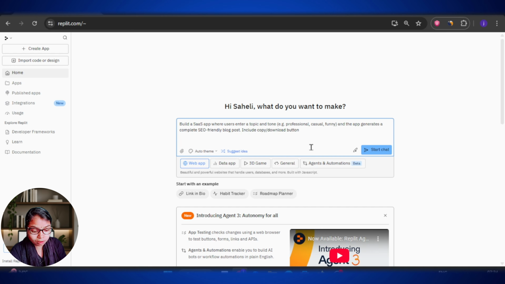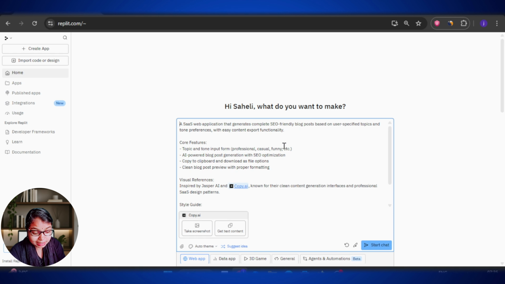Now, one really cool thing about Replit Agent is that you can attach reference links or examples to make your prompt more specific. So, if you have an existing website or app you want it to take inspiration from, you can simply attach it right here. Okay. After that, Replit also gives you an option to enhance your prompt automatically. It basically improves your input by rewriting it in a clearer and more detailed way. So let's go ahead and enhance it.